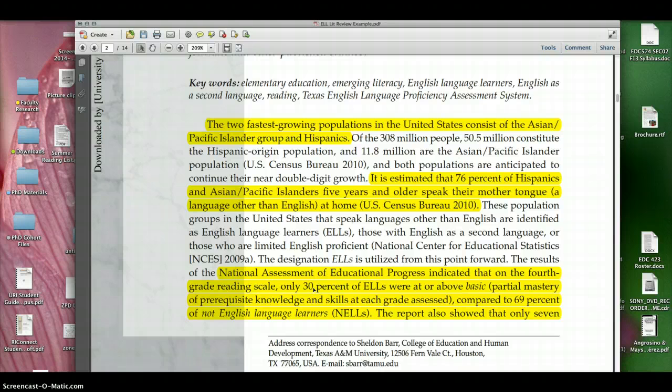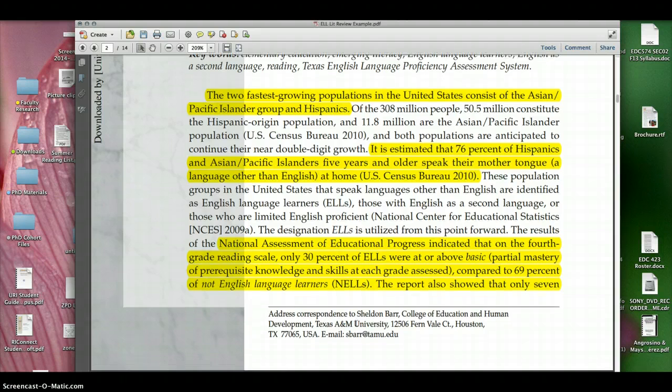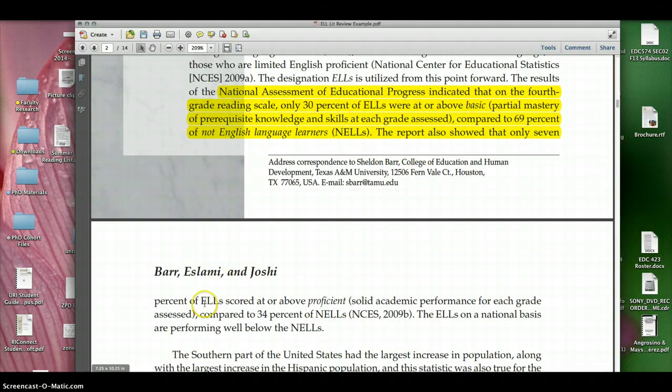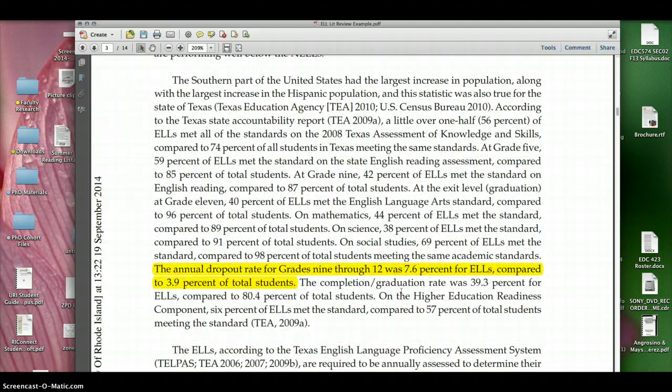Only 30% of those determined to be ELLs were above basic or at basic partial mastery on the NAEP scores, compared to 69% of non-English language learners. This report also showed that only 7% of ELLs scored at or above proficient, compared to 34%. So we're seeing a large gap in terms of student ability to perform on the NAEP. So we're seeing this really clear problem. And as the author goes through, they start